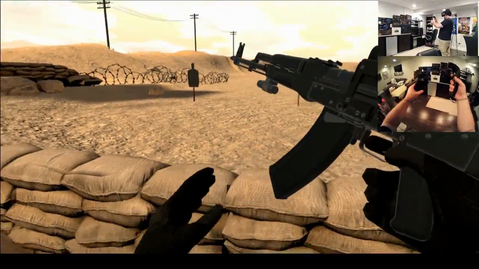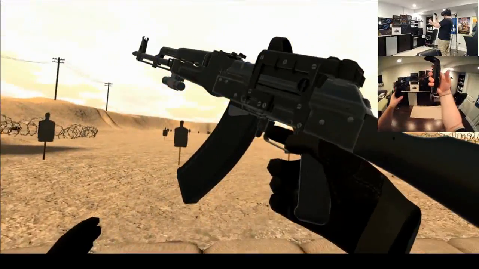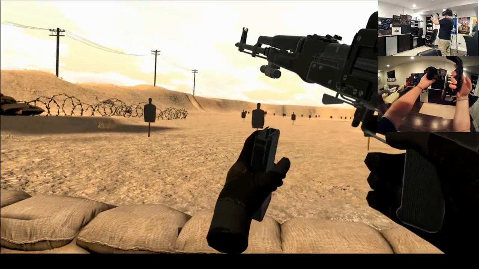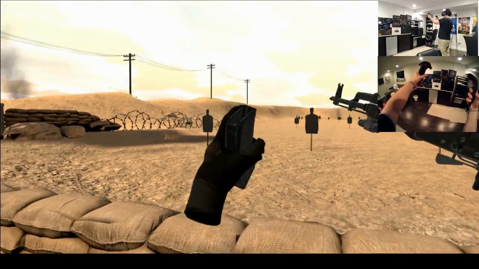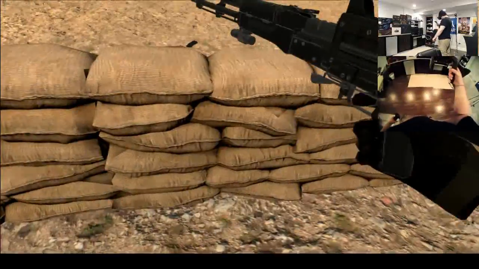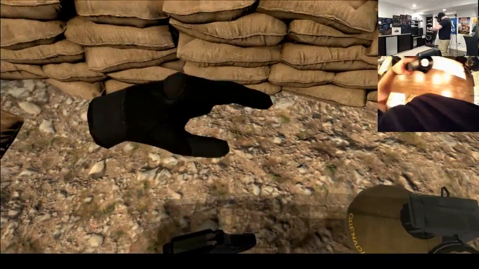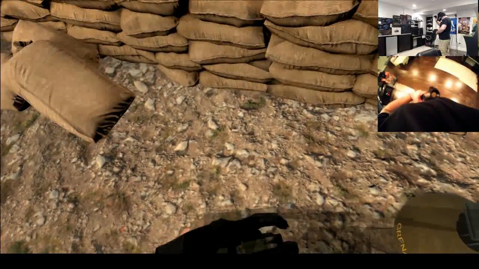Let's change this magazine, okay? So what you're going to do is on your right trackpad down, and then watch on the left, okay? So trigger on the left, trackpad down on the right, releases the magazine, which you can see is empty. So we're just going to litter that over there. We're going to grab a new one. So when I look down here, you can see I've got a magazine, syringe, and then a pistol, grenade up on my chest. So we're going to grab the magazine, and that is just with trigger,